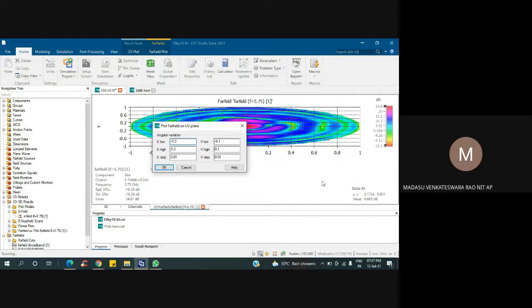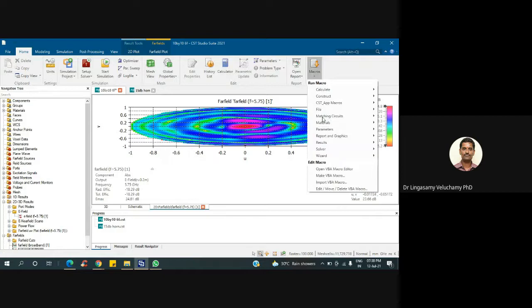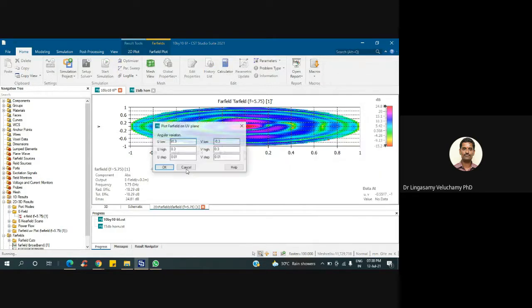Yes, sir. Here, the maximum formula is U square plus V square equals 1. That's okay. Can you click on OK? This is what we are plotting now. Click OK. Let's see what it plots.